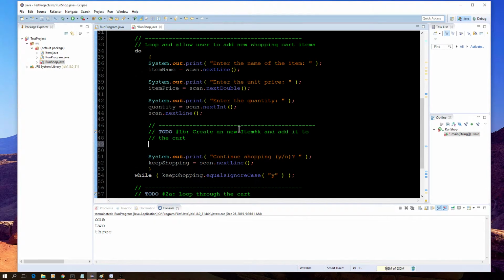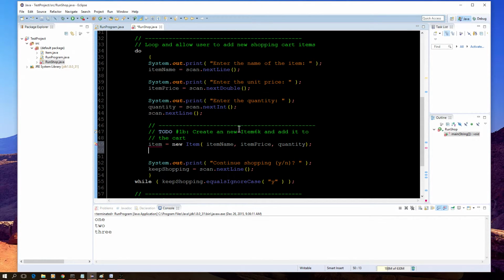Here I'm going to create a new item with item name, item price, and quantity. Now I want to output the object name of the item I just created. Now you'll notice